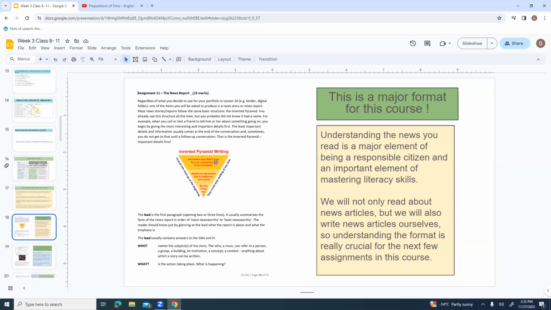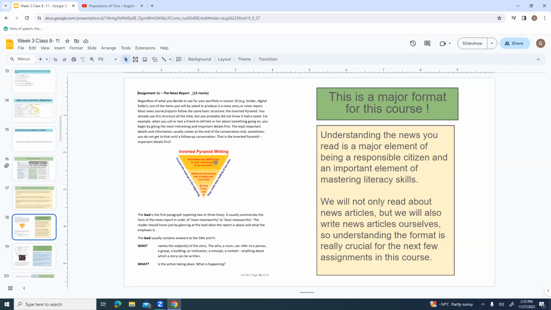Because it's a life skill, like everybody should be able to read the newspaper and understand more about new laws or wars being announced or information about an event or whatever. So that's why we're going over how the format is a little bit different than what we're used to reading. Okay. We're not only going to read news articles, but later on, we're going to write news articles. So we really want to make sure we understand the format because it's a little bit different and it's really crucial to being successful on these assignments.